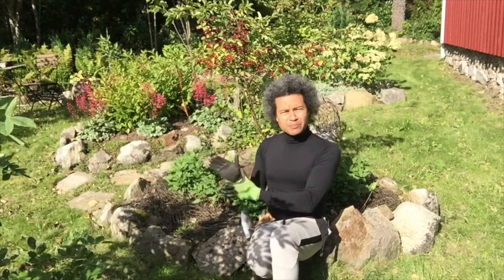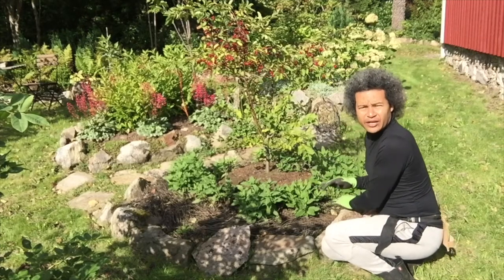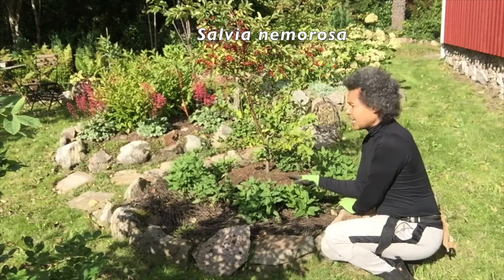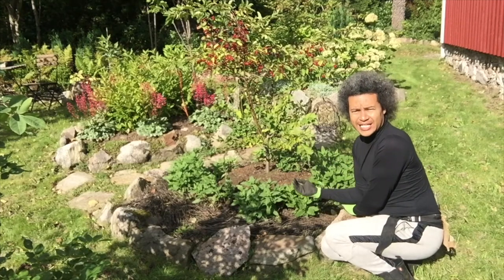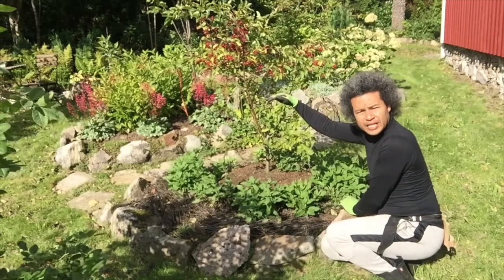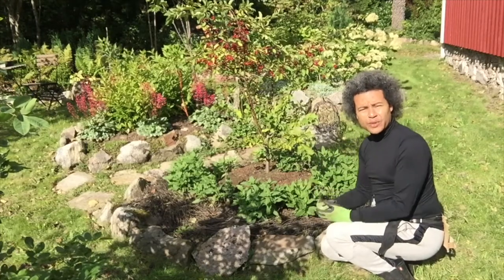So I really want this plant to be the main focus of this bed, but around its bottom here I have planted out a beautiful variety of Woodland Sage, and here I have a dark purple variety and a lovely light pink variety, and I've planted them in here alternating pink purple, and they get to probably just under half a meter high. But as they get taller, they have a tendency to flop when the flowers come out because